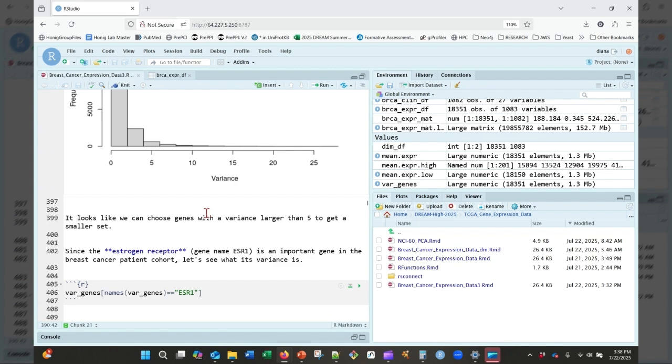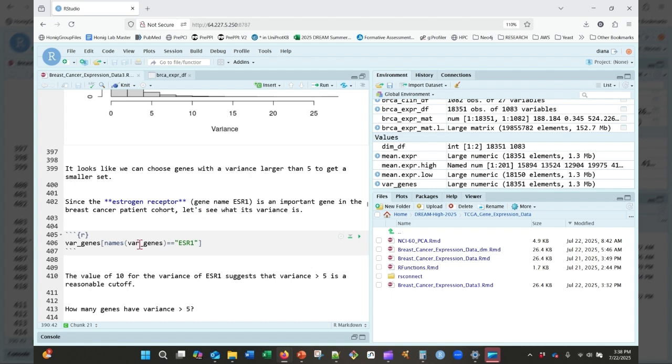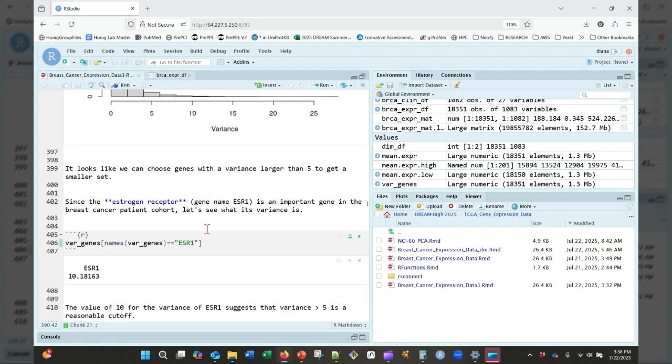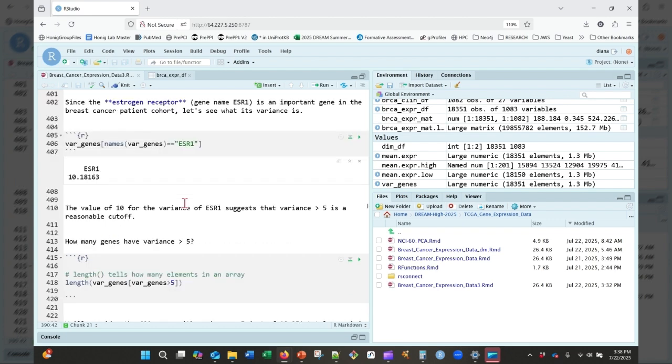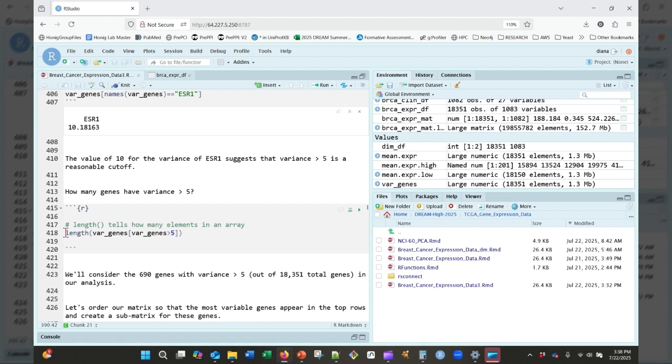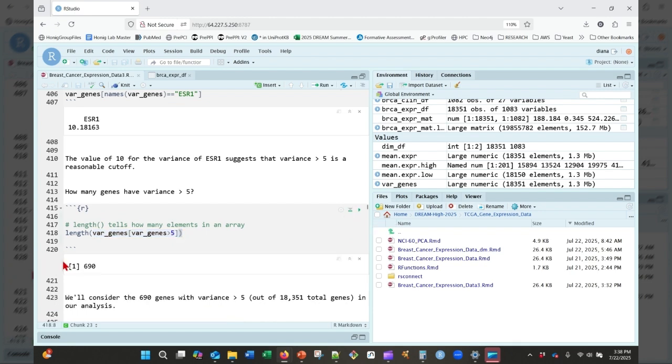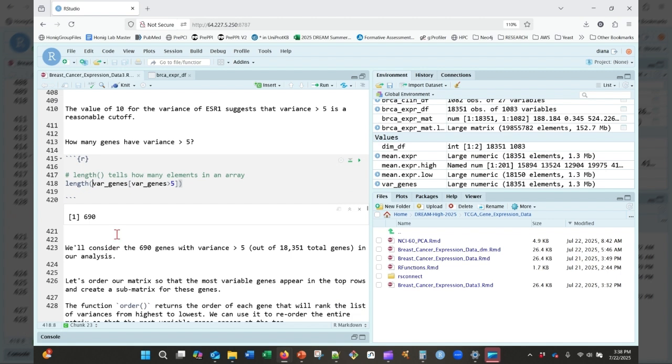If we pick 5 as our cutoff for variance, we don't want to lose things that are important, like the estrogen receptor gene. So let's find out what its variance is. Okay, so it has a variance of 10. So it'll appear here, and it would be in our list of high variance genes. So how many of our genes will have a variance greater than 5? That's 690. So that's a lot smaller than 18,000, but it's a good start for us with our exploratory data